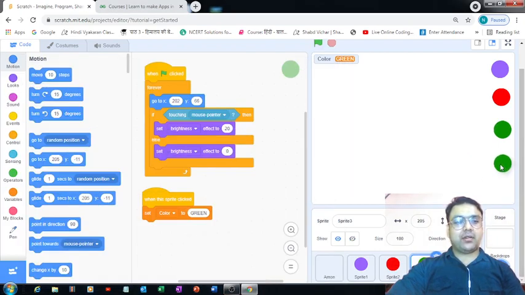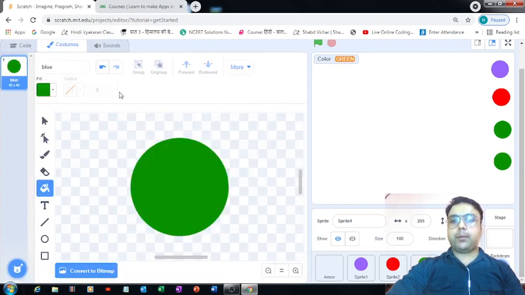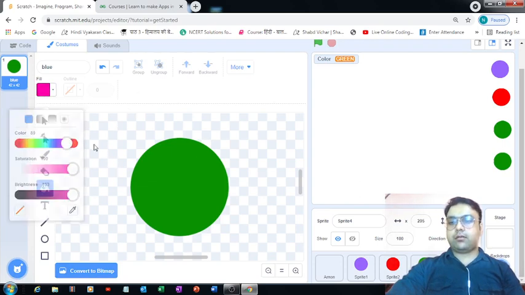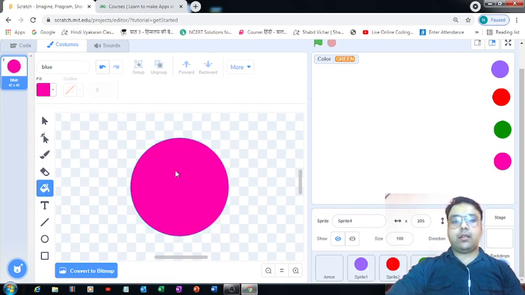Great. Okay, so we have now 4 different circles, and now we are going to repeat the same steps for this one, changing the inside color. So we need to select the color from here first. How about this color? This color is funky. Let's use this one. Okay, it's looking great, isn't it? Now let me just create another copy of this one. Perfect. Now I'm going to place it over here.